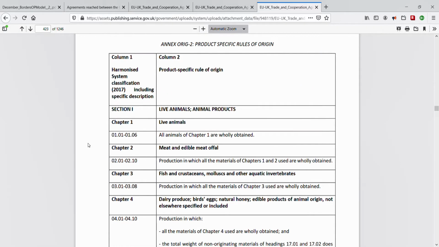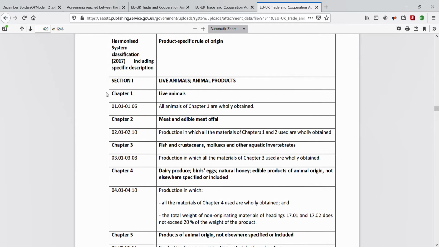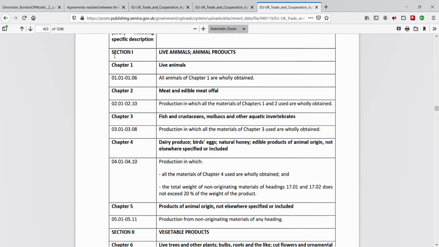We see there are a number of chapters within each section. For example, we see section 1 has 5 chapters, in bold. And in column 1, some numerical codes. And numerically speaking, a chapter means the first 2 digits in the rules of origin classification number. For example, for chapter 1, we have 01 over here. Chapter 2, chapter number is 02, and so on and so forth.